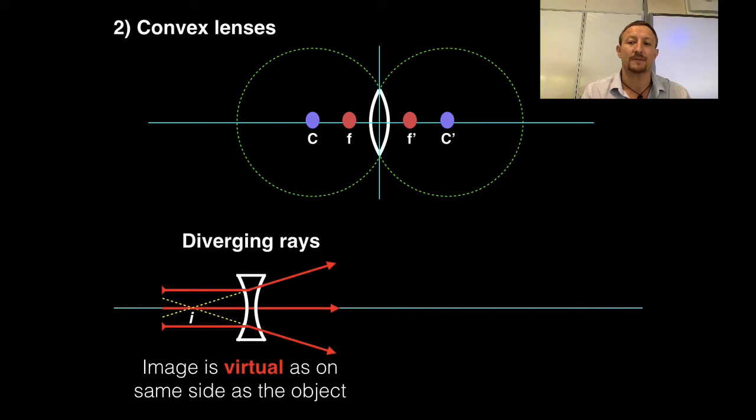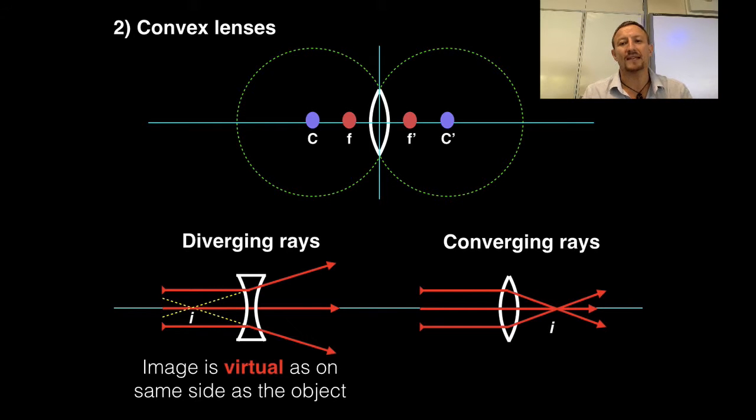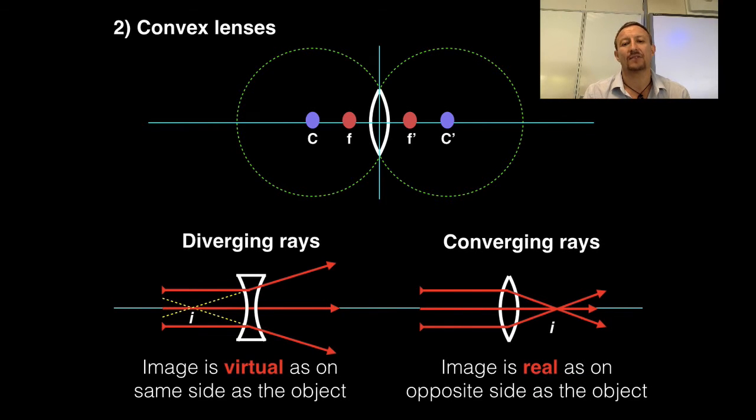So in this case, for concave lenses, we're going to get a virtual image which is formed on the same side as the object. Now the opposite of this obviously is our convex lens, which produces converging rays. Now converging rays, they will all meet together on the opposite side of the lens to the object. And you can see there, they're crossing there, and that is where our image is going to be placed. As a result, we can place a screen there because we've actually got actual rays hitting at that point,